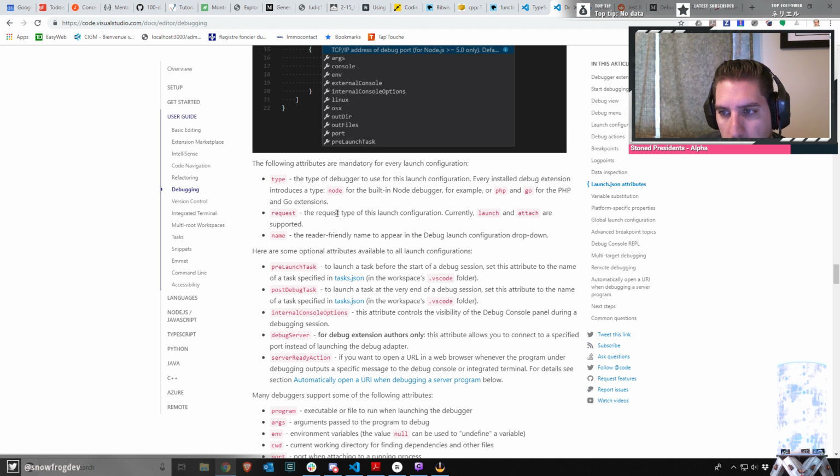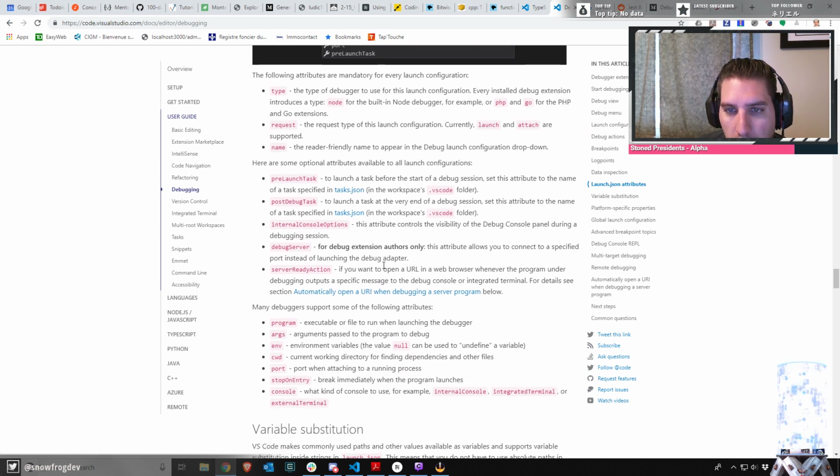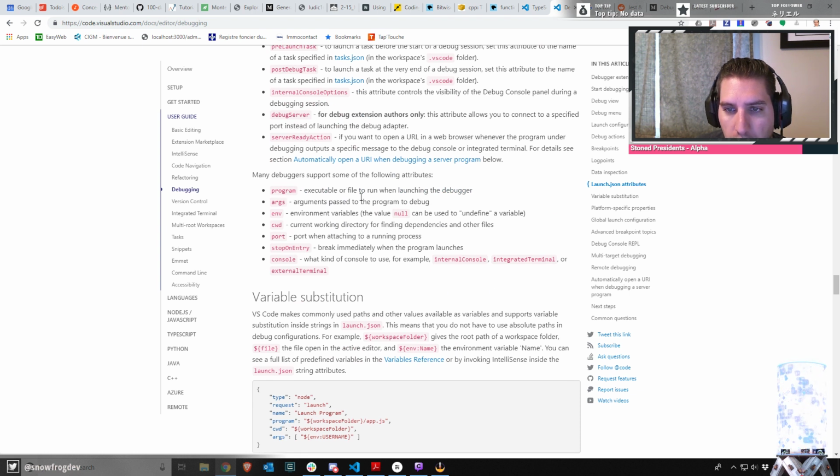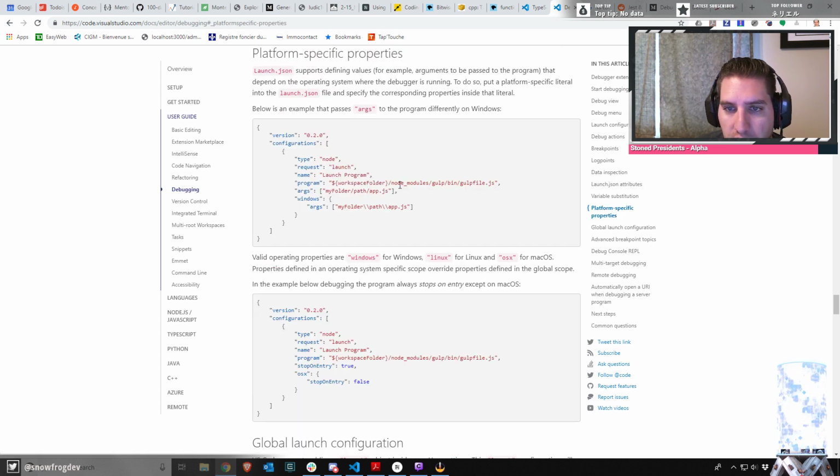So, name, pre-launch task, post-debug task, server, program: executable or file to run when launching the debugger. Argument passed to the program to debug. So, platform specific program. Operating Windows for Windows, Linux. Supports defining values, for example, arguments to be passed to the program that depend on the operating system where the debugger is running. To do so, put a platform-specific literal below as an example that passes args to the program differently on Windows. So I would just do Windows and then program, I think,